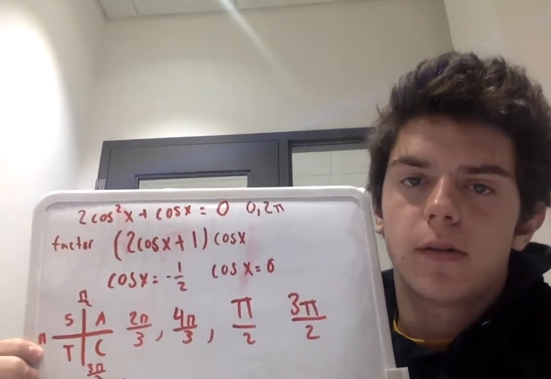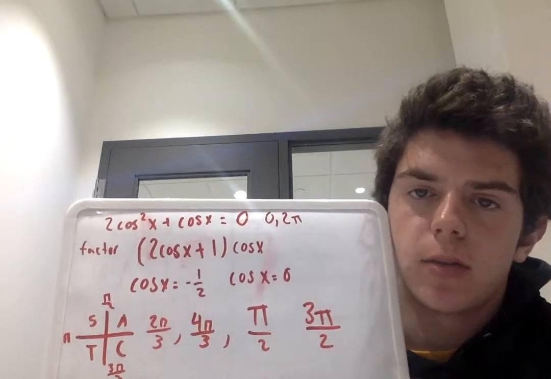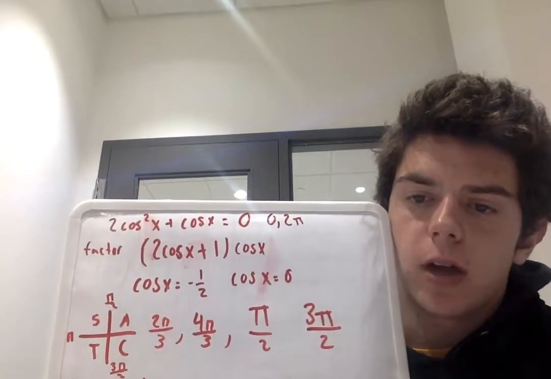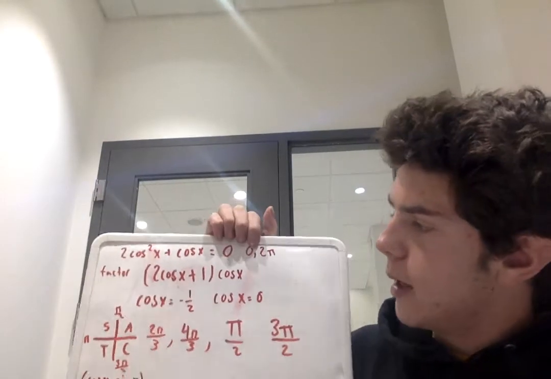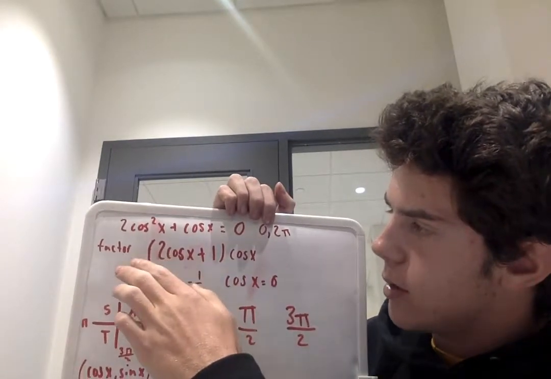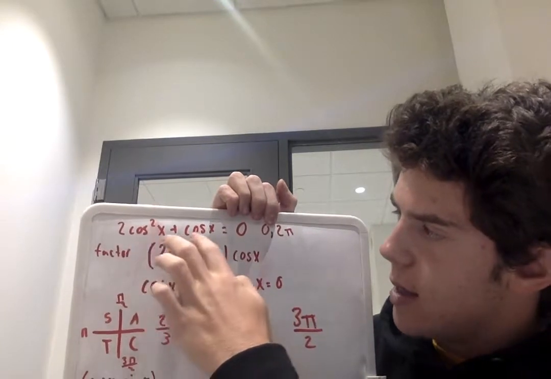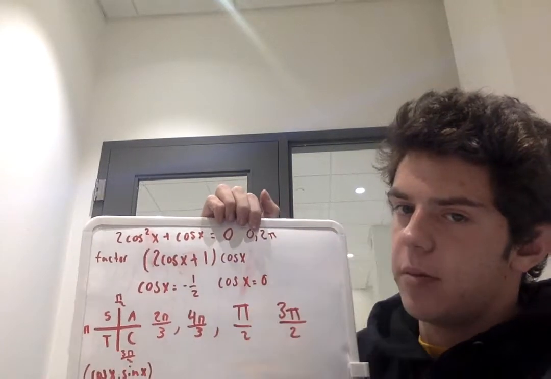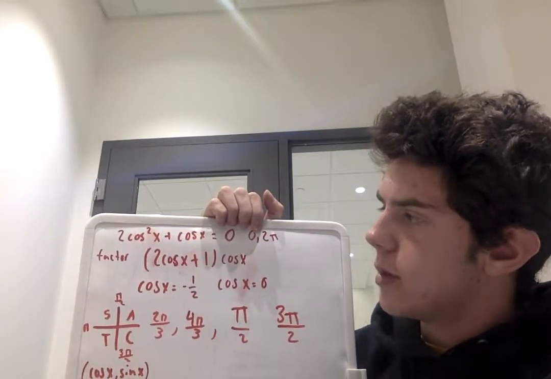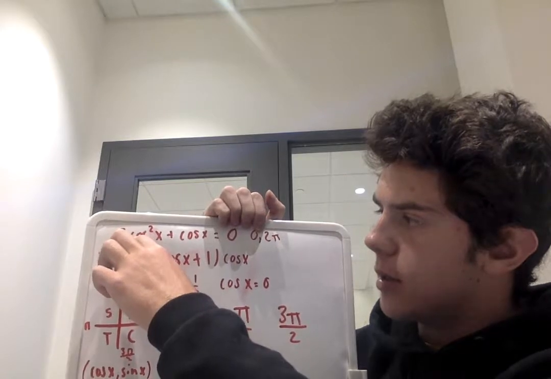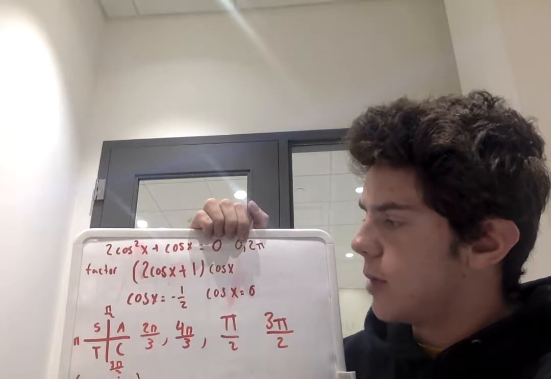Alright, so if we're going to solve the equation 2 cosine squared x plus cosine x equals 0 within the parameters of 0 and 2 pi, first off what we do is we start by setting up the formula right here. As you can tell, because it's squared x and then x, it's set up as if it was a quadratic. So we can set it up as 2x to the power of 2 and 1x. So if you factor it, the factors would become